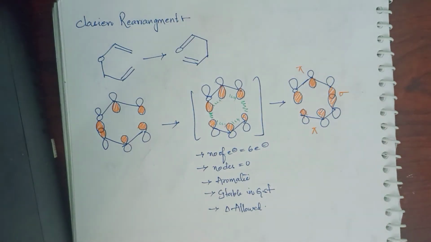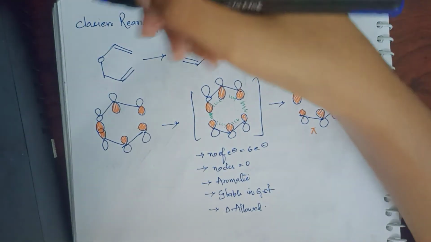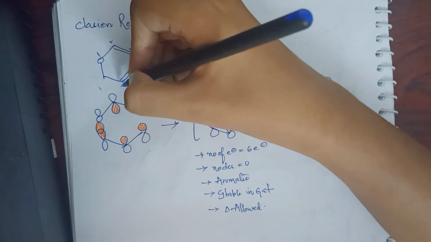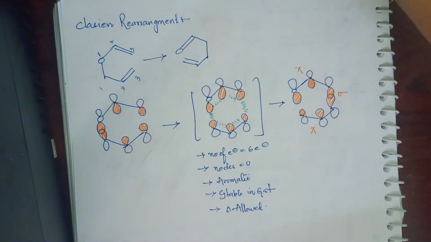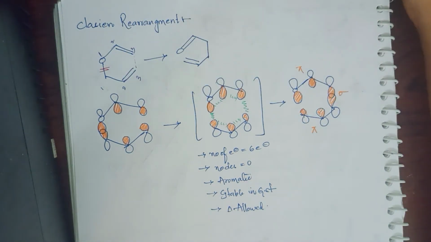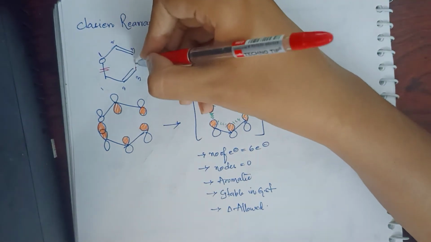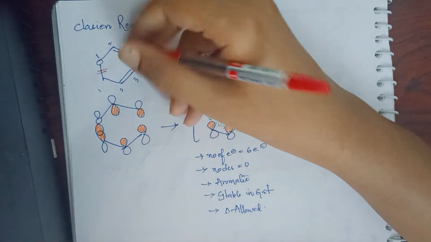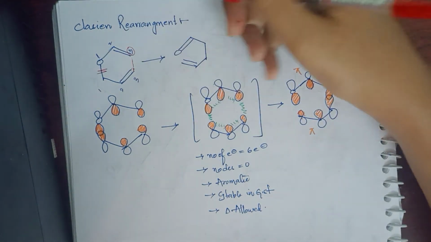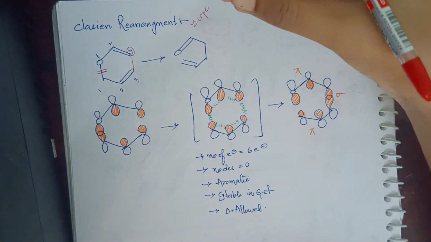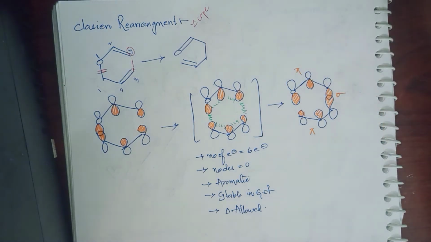Next I am taking the Claisen rearrangement. In Claisen rearrangement, what type of shift is it? It is a 3,3 shift. How is it 3,3? Breaking one bond and forming one bond is known as a 3,3 sigmatropic shift, meaning the new bond is formed between the third carbon of one system and the third carbon of the other system. So this will be similar to Cope only. There is nothing different between Cope and Claisen.